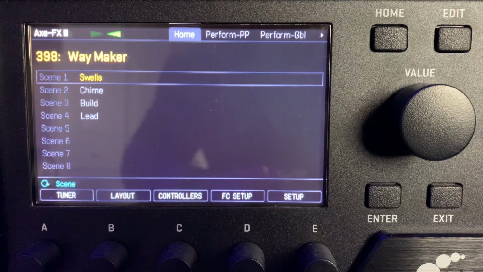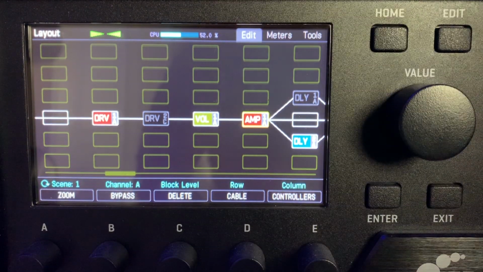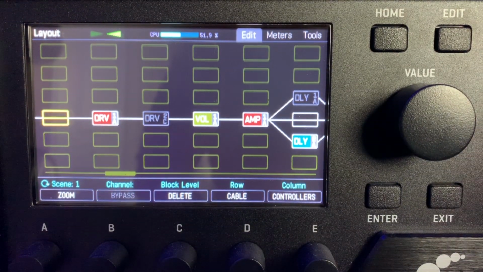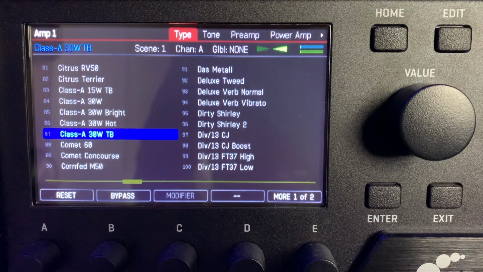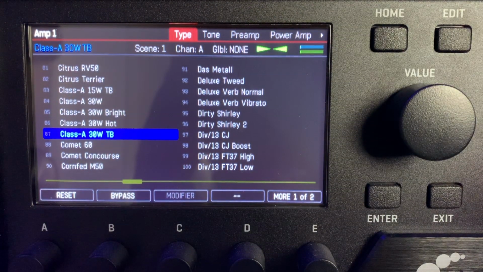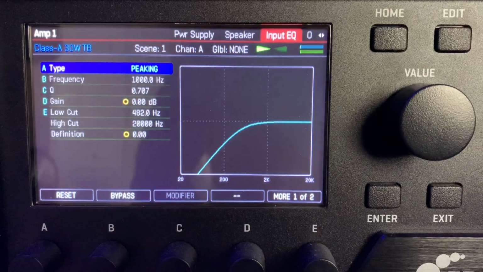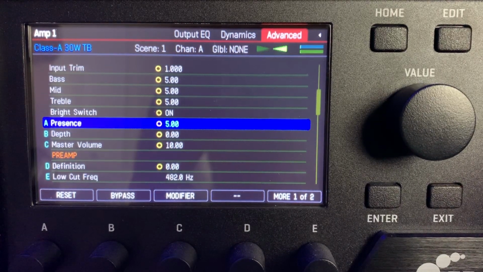All right, so let's look on the Axe Effects screen itself. So if you look here, you can actually access the amp block here under Layout, and I've already got it over here. If it wasn't on here, you just hit navigation left and right until you get to here, and then just tap the Edit button. Once you get to Edit, you'll see these tabs up here. You'll need to page over until you get to Advanced, and then from Advanced, nav down. It's kind of a ways down here,